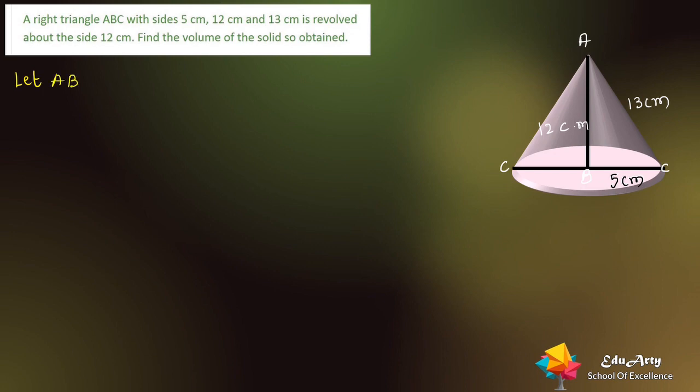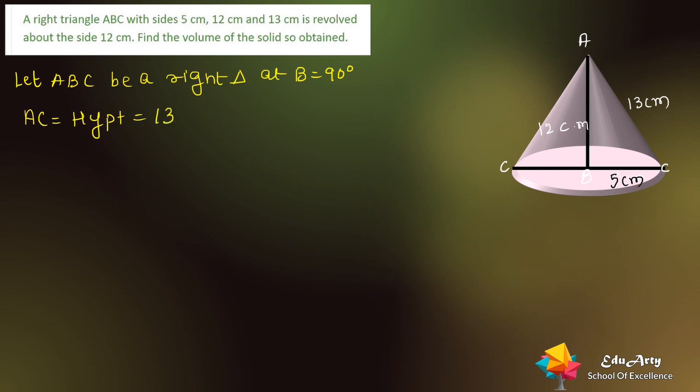Let ABC be a right triangle at B equal to 90 डिग्री। ठीक है, B पे हम लोग 90 डिग्री परपेंडिकुलर। फिर AC इज द हाइपोटेन्यूज, AC हमने हाइपोटेन्यूज लिया था, करेक्ट? AC इज हाइपोटेन्यूज जिसका मेजरमेंट कितना है? 13, राइट? एंड